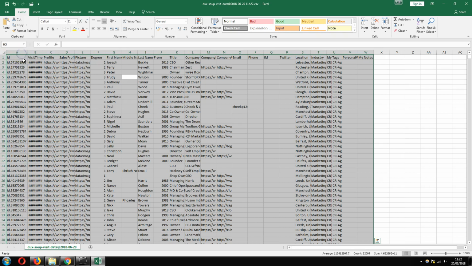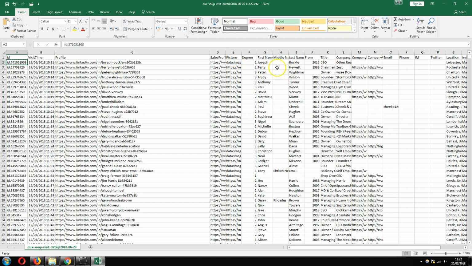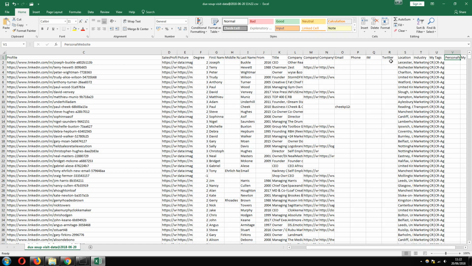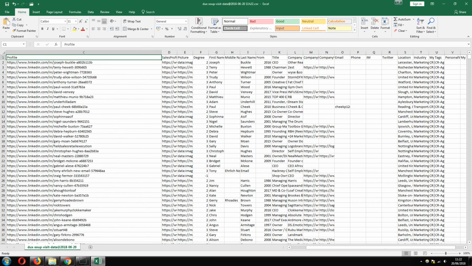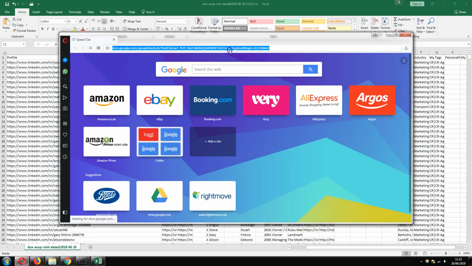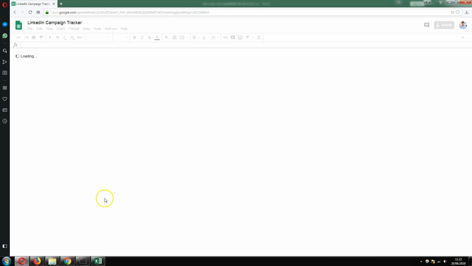So crucially, you get their profile ID, profile link, you get their name, title, their company, location, and you can import this into whatever CRM you're using. So an example could simply be just a spreadsheet which houses